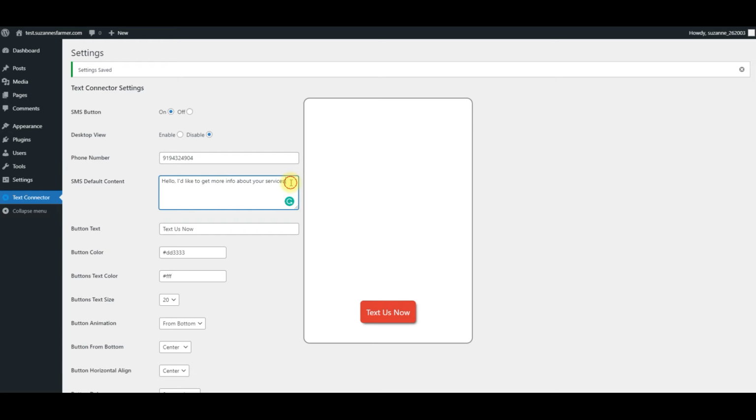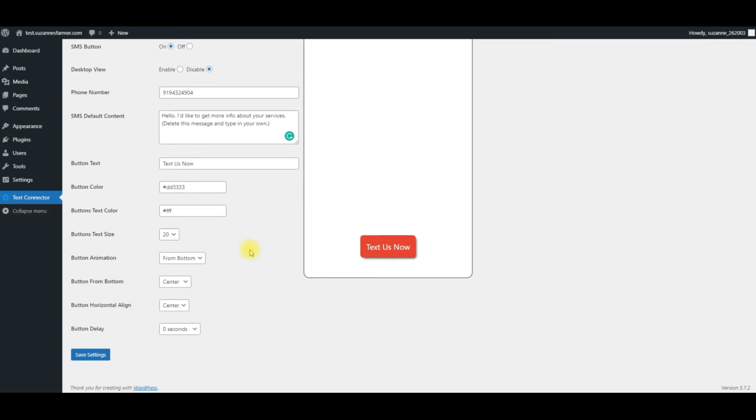Or you can do that and then you can give them an instruction. Delete this message and type in your own. Okay, so that tells them what to do. And then you can change this button text. I think it was actually text us initially, so I must have typed that in.